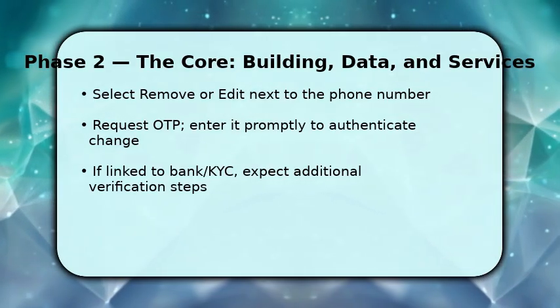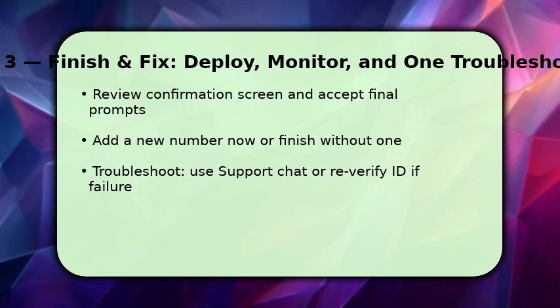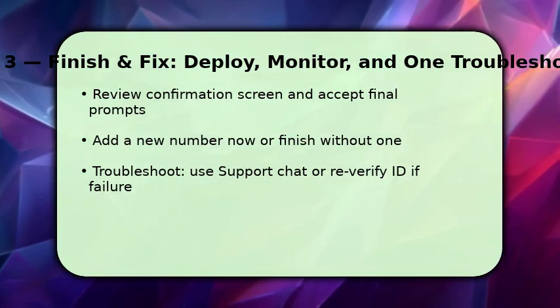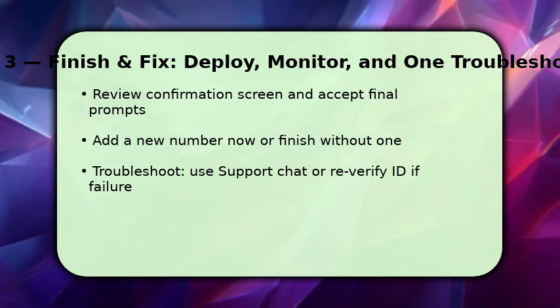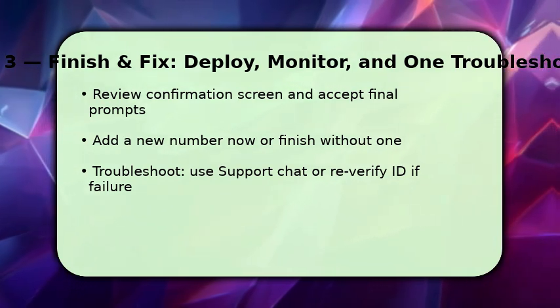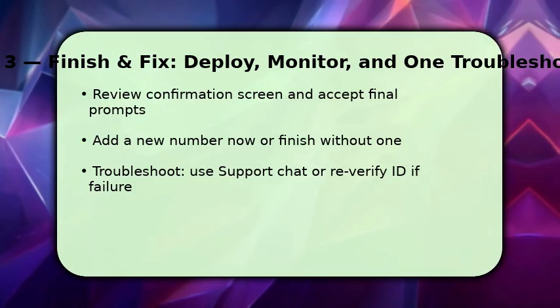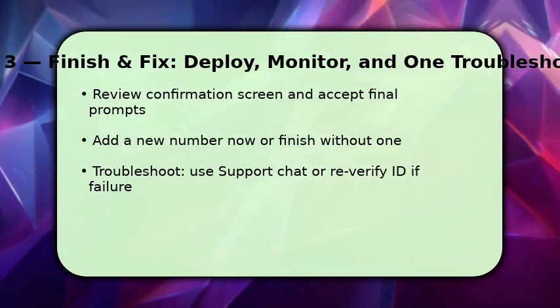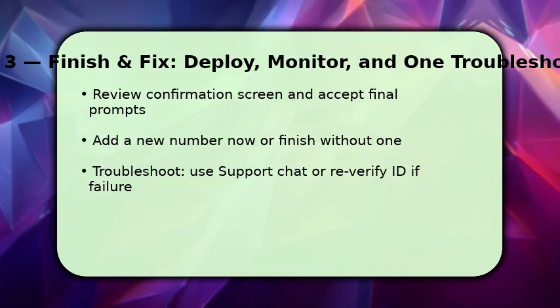You reach the final confirmation. Review details and tap Confirm to complete removal. If you plan to add a replacement number, add it now and verify with OTP. This prevents service interruption. If you leave the account without a phone, understand some features like quick OTPs or recovery